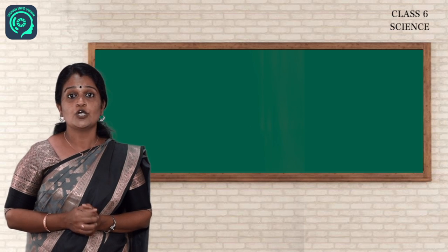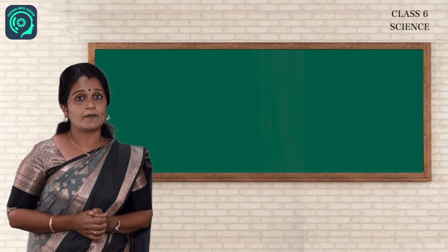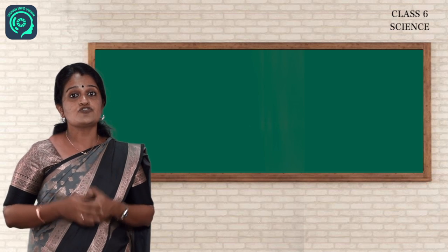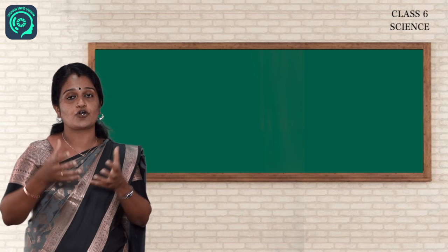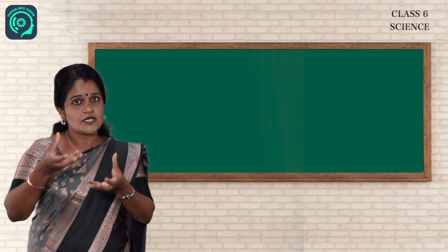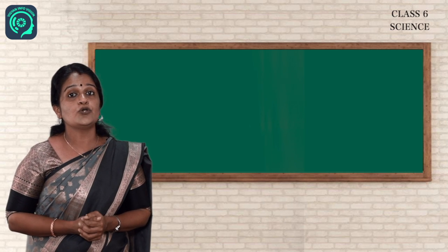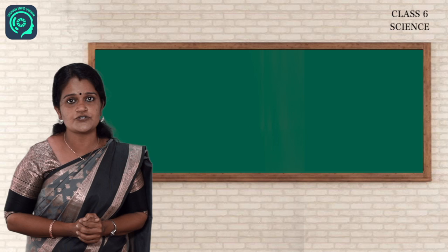But beware students, don't use the carbon printed papers. Why? Because it is not good for health. So if you are using any paper to remove the fat or oil from a food material, use tissue paper or a translucent paper. Don't use the carbon printed paper. It is not good for health. Is it clear for you students?